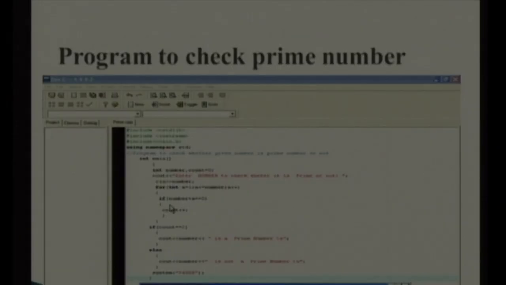See here in the if condition you can see that it is talking about modulus. So, it is talking about the remainder. If the remainder is 0, it means it is divisible. If it is divisible, it is not a prime number. That is the only logic applied here, right. So, in that what are we doing? We have a counter variable, and we keep incrementing it, and if the counter becomes 2, 1 obviously it will become, because it will be divisible by itself. If it is 2, it means it has been divisible by some other number also, that is why it is not a prime number.